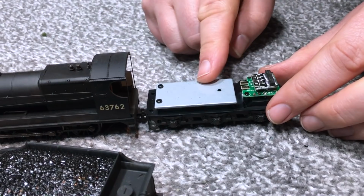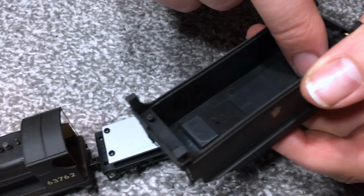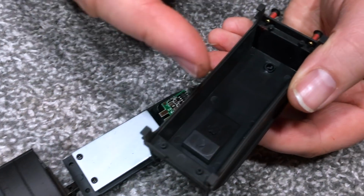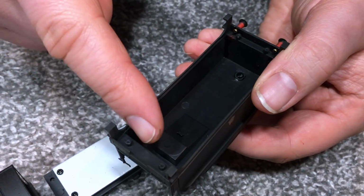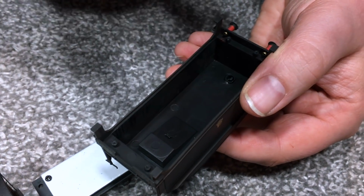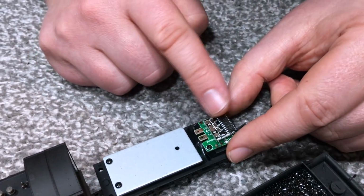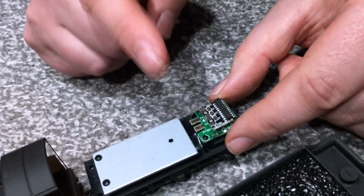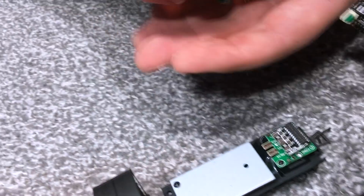Right, so once we've got the top off, what you can see is inside the tender we have got a lot of space. This is one of the roomiest models that's currently on the market. So there is plenty of room there to fit anything you want. And you can see at the back here, we've got the blanking plate on top of here. So we're not going to be bothered with a sound decoder. What we are going to do is we're going to fit